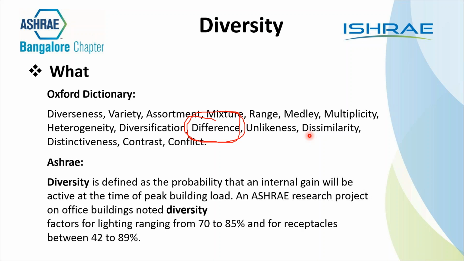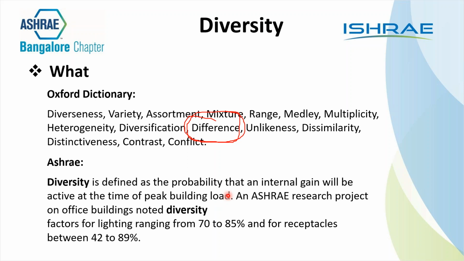Right. ASHRAE defines diversity as the probability that an individual load will arrive at the peak load of the building. So peak load, what we are talking about is, let us say, if we say 10 tons, that means we have 1,20,000 BTU of heat to be removed. That is known as the peak load. That means always we have 1,20,000 BTU of heat to be removed. Or at the time when there is 1,20,000 BTU of heat, that time is known as peak